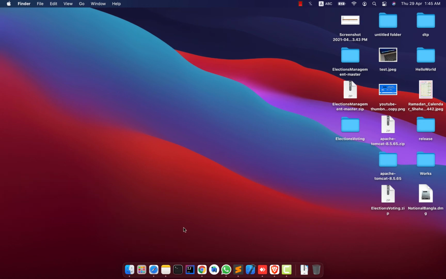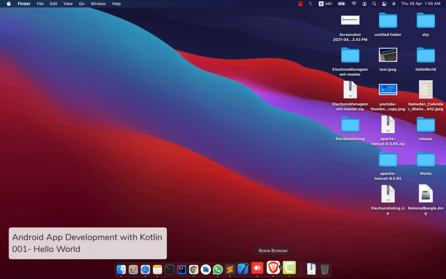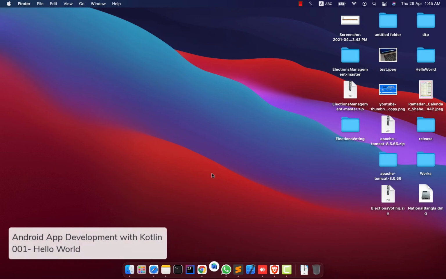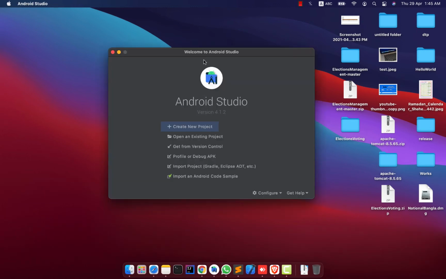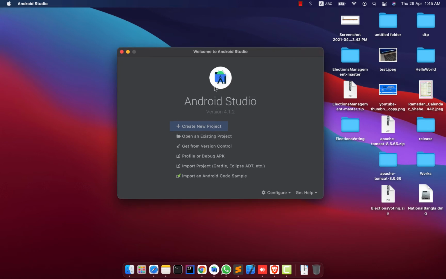Today I'm going to show you how to create a new Android Studio project. So I'm going to open Android Studio. For the first time opening, you will see this welcome screen, and here click on create a new project,